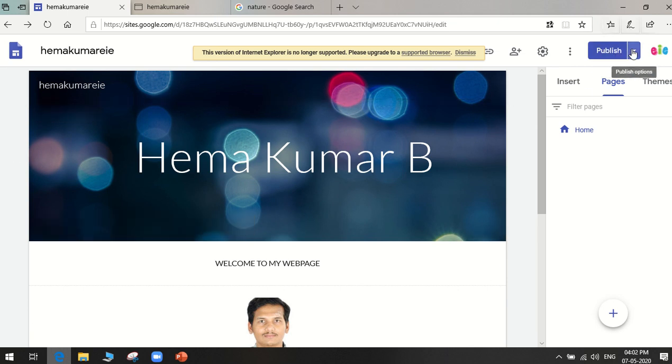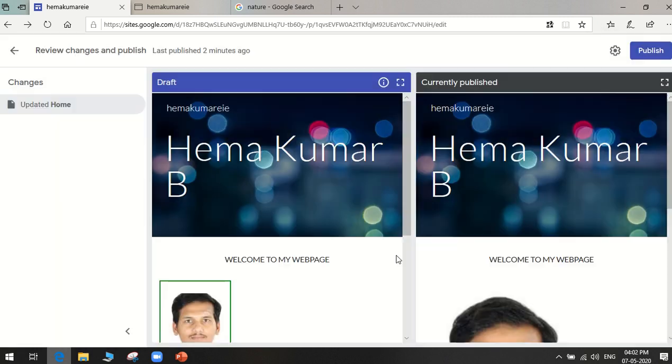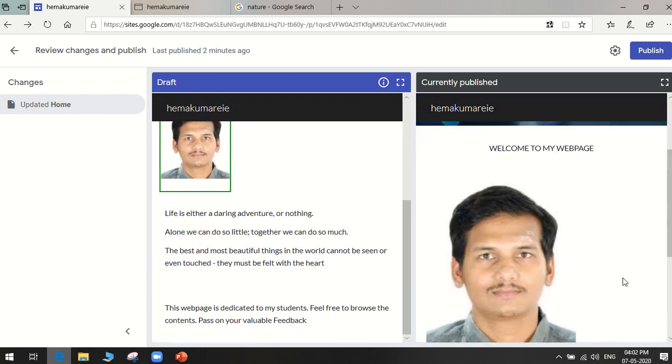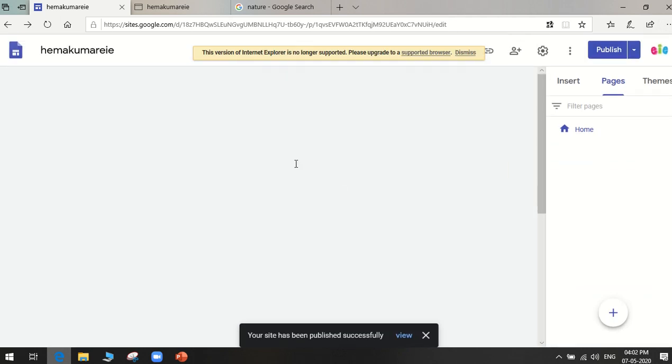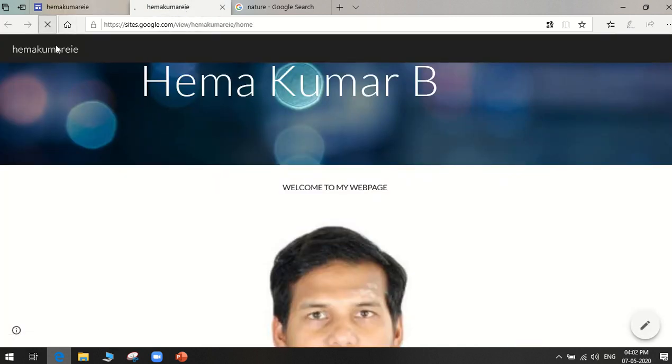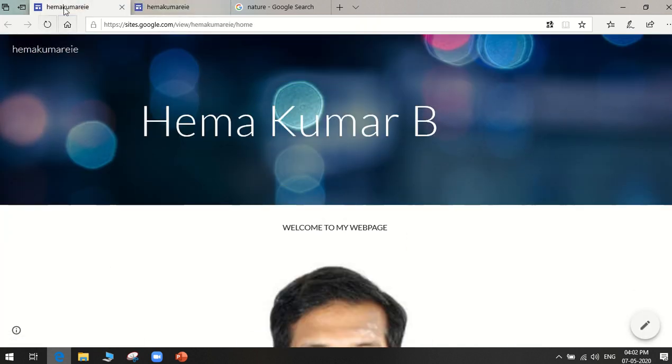So any changes you want to make, immediately you can give publish. So it will show you how it will look like in the published. So once you give publish, the content will be published. Just refresh the page so you can see the changes.